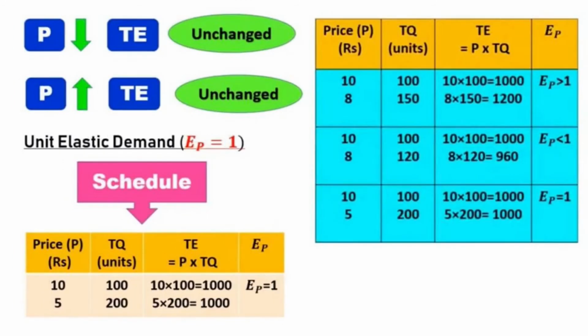Next you can see the price elasticity of demand when it is unchanged. That can be elaborated with the help of the schedule. Price for all the three. Now what you saw, you can see here how it has variation. The price goes from 10 to 8, 10 to 8, and then again 10 and 5. Quantity also has variation. When the price is 10 in all the three, it is at the same level. There are no changes. Quantity of units consumed is the same, 100.